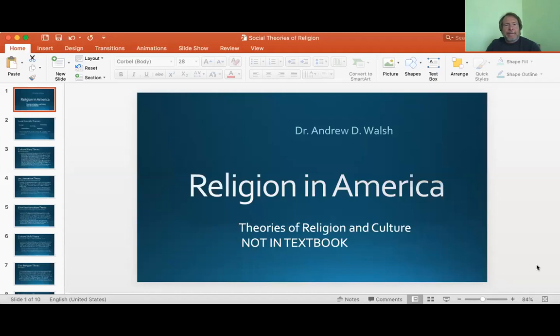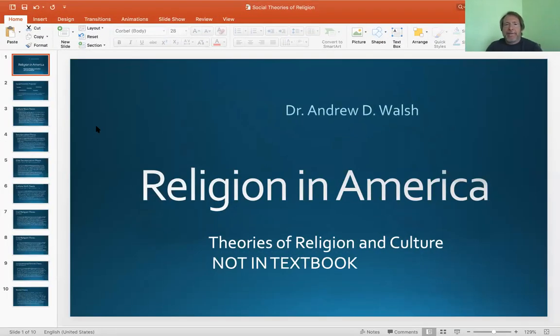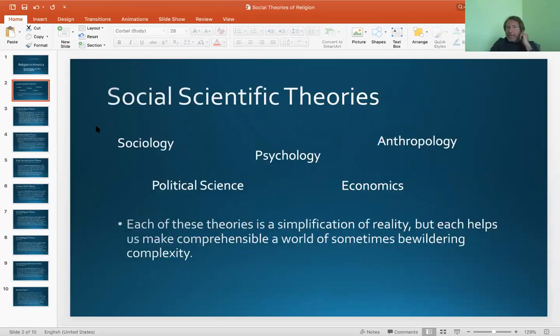And as I'm pulling this presentation up, I would like to point out that theories about the world are often useful to the extent that they clarify reality for us. And yet, in the process of simplifying complex reality, they also have limitations, they have flaws. You'll see some of these social theories are, in fact, in some ways contradictory. So these social scientific theories come from different disciplines of social science,